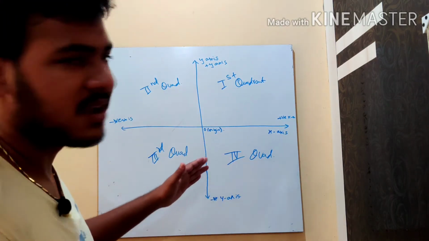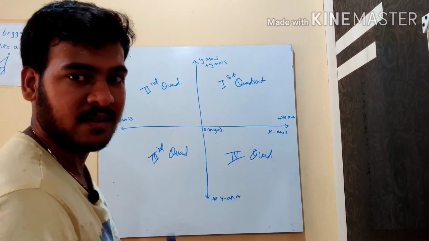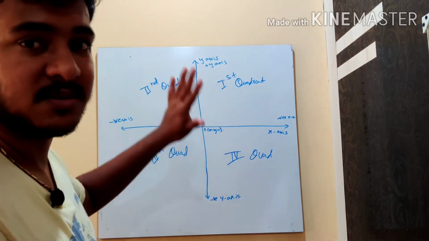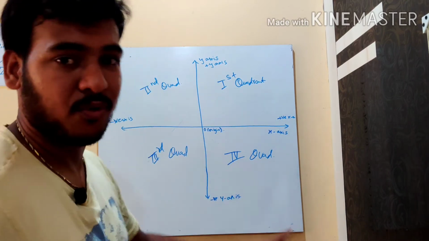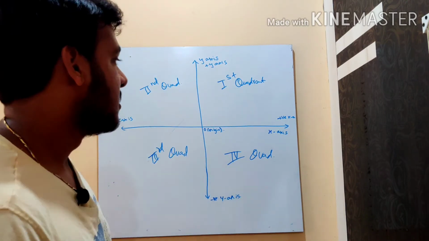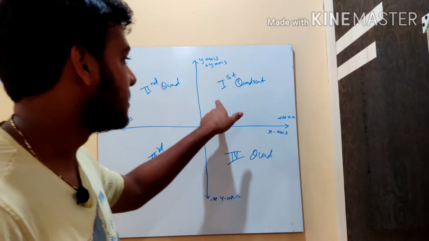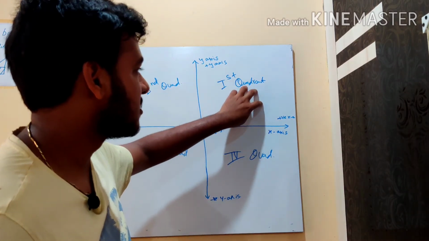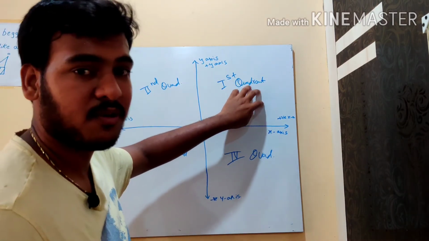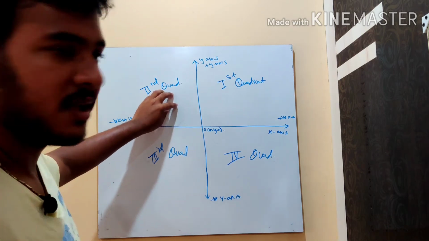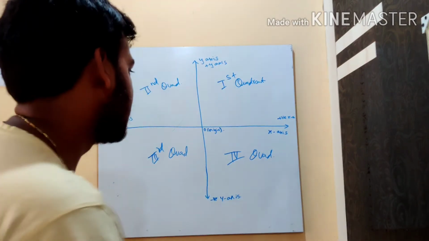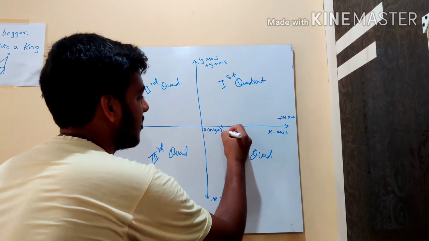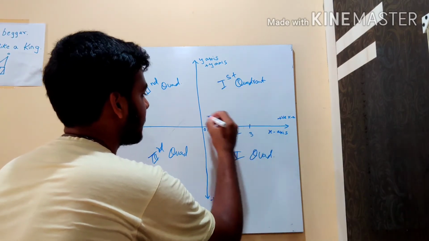These two perpendicular lines divide the plane, the Cartesian system, into four parts. We call them four quadrants. This specific quadrant is called the first quadrant, this is the second quadrant, this is the third quadrant, this is the fourth quadrant. As the points are positive over here,